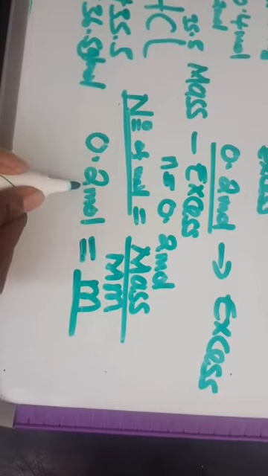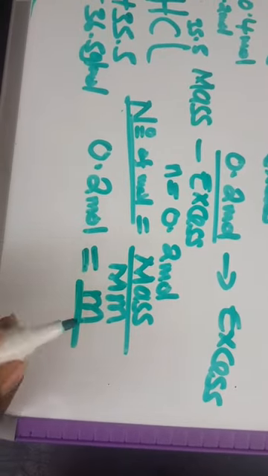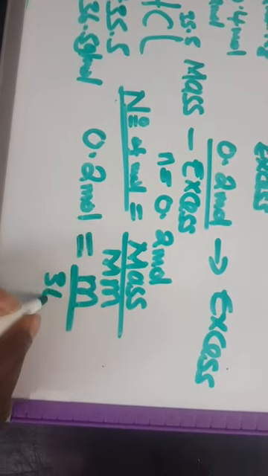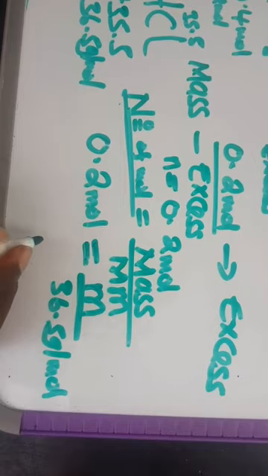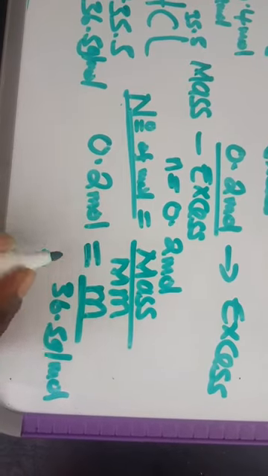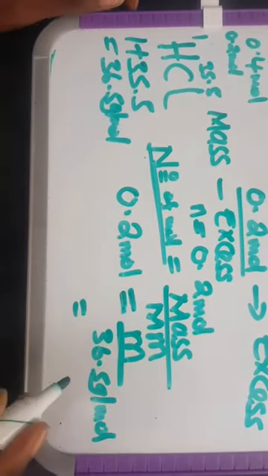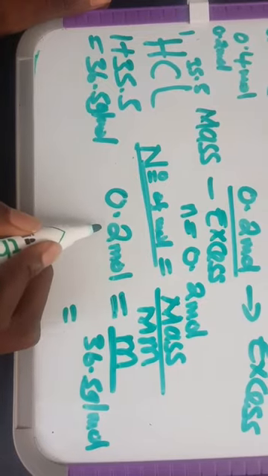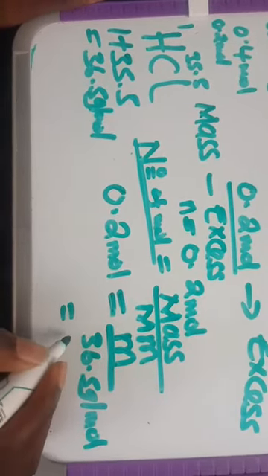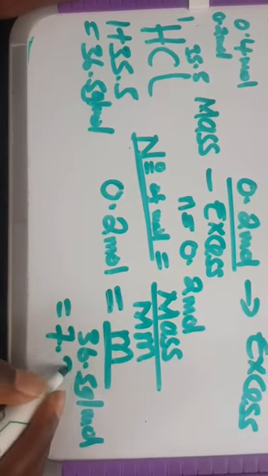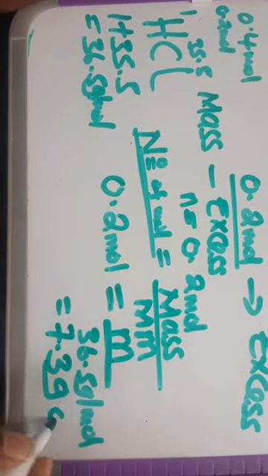So 0.2 moles equals the mass over 36.5 grams per mole. Okay. So 0.2 equals mass over this. When you multiply, you get 7.3 grams of